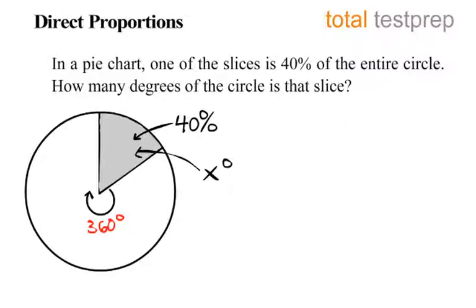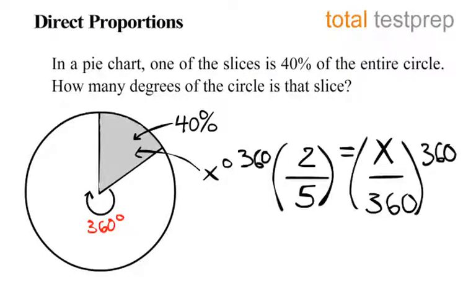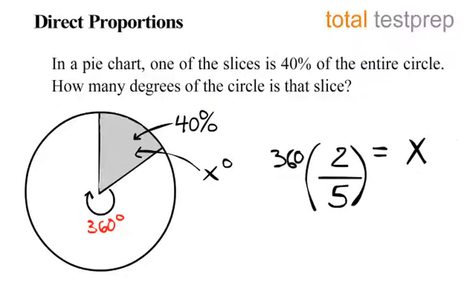It's x degrees. So we can set up a proportion because it's both x degrees out of 360 and 40% out of 100, or 40 over 100. So 40 over 100 is the same as x over 360. We then reduce to get 2/5, and we can cross multiply, or multiply both sides by 360, to get 360 times 2/5 is